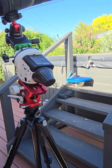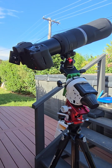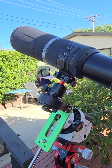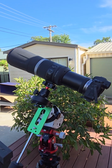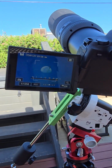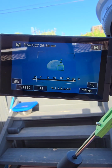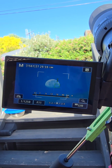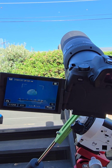What else have I got here? So I'm roughly polar aligned to the south with my tracker, so that keeps tracking nicely. I've got the Canon RF 800 lens, which is set at f11, and on the Canon EOS Ra. I'll go through some of my settings there. It's standard f11, and I'm using 1250 shutter speed with an ISO of 3200, and I can shoot single shots,